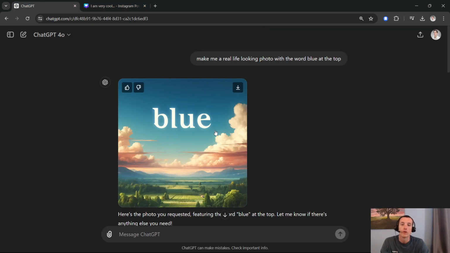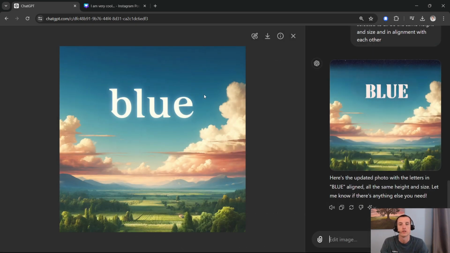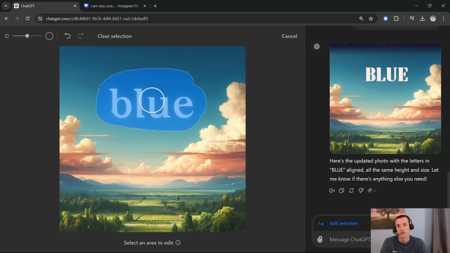But what do you do to edit it? This is the most quick answer. You click on the photo that it generates, then you're going to have this option as a little selector tool, and then the area that you want to change. For example, if I want to put this in all caps, I'm going to select it, and now ChatGPT knows that you're just trying to edit this part of the image, not the rest of the image, because that's a